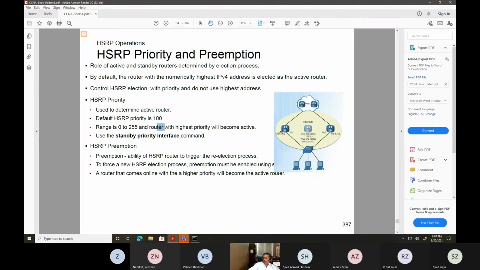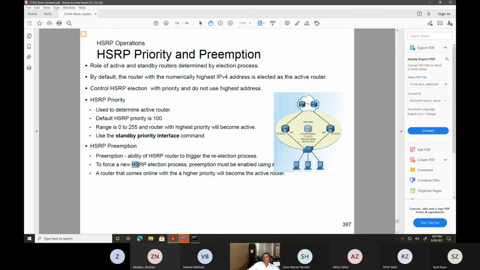In our case, on R1, when we are configuring the HSRP, we're going to make the priority 110, and we don't have to configure anything on the other one because by default it's 100. The preempt they're talking about, we also configure preempt. What preempt does: if R1 goes down, R2 becomes the primary, right? Because R1 is out. When R1 recovers, the election will happen again. So this preempt says, okay, my friend, I'm back again. Now I'll be the primary. So it will take the role back.